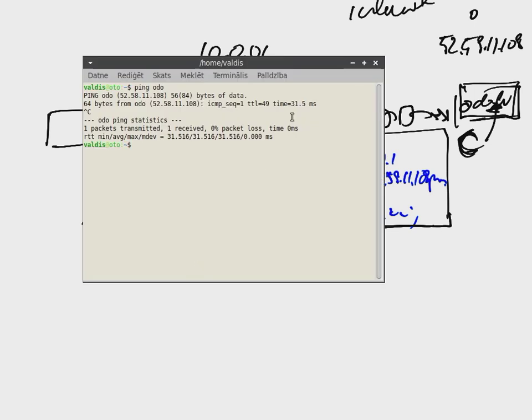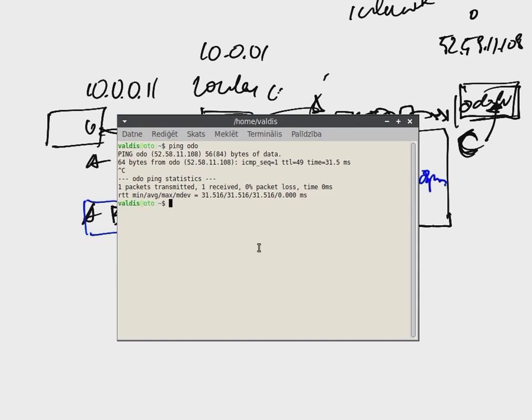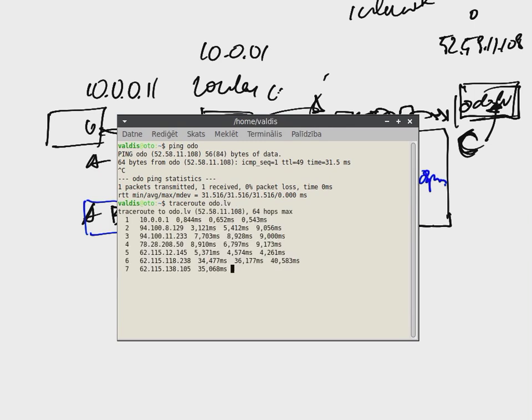And you can check how many routers are in between your computer and the target computer using the command traceroute, which would be tracert in Microsoft Windows.